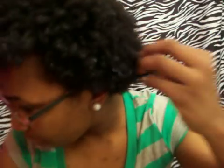I don't know if this is going to help at all, but my hair is just curling so much better. I haven't really been using any type of tool except for just finger detangling, and my hair's health has grown so much from that. So if you're having a problem with split ends,